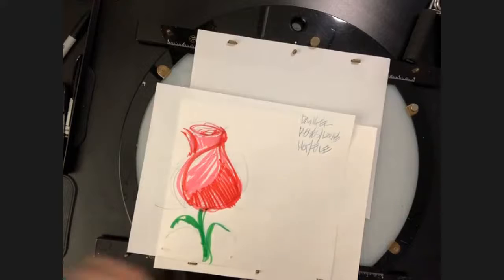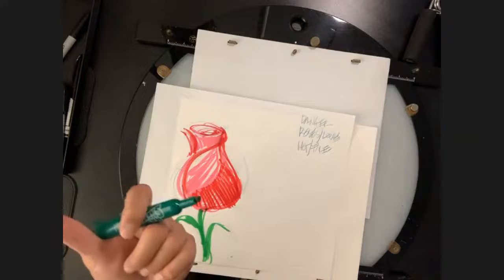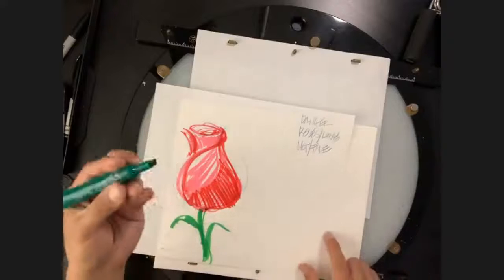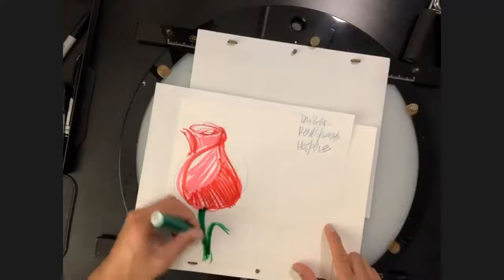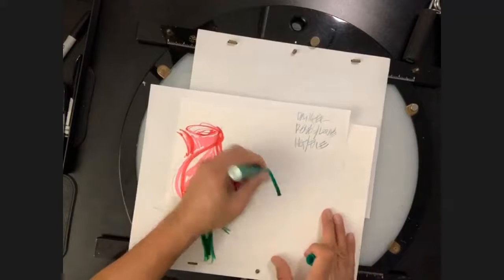Now you can be drawing a rose with me, or you can be doing your own thing of colors that show the difference between complementary, or if you want to do something which the other term is analogous, which is your secondary colors and tertiary colors that are close to each other on the color wheel. So if you want to do another drawing and you want it to have similar colors, then you might have on your color chart